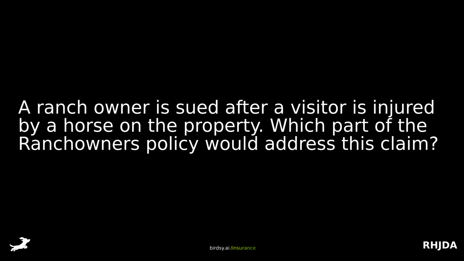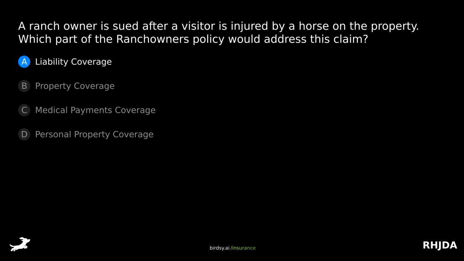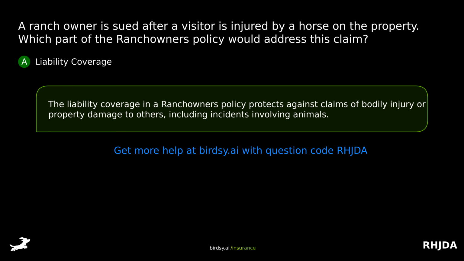A ranch owner is sued after a visitor is injured by a horse on the property. Which part of the ranch owner's policy would address this claim? Is it A, liability coverage, B, property coverage, C, medical payments coverage, or D, personal property coverage? The answer is A, liability coverage. The liability coverage in a ranch owner's policy protects against claims of bodily injury or property damage to others, including